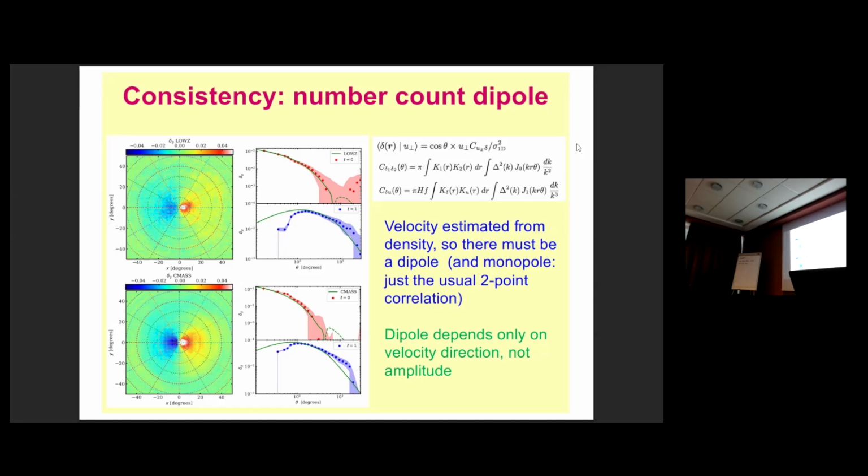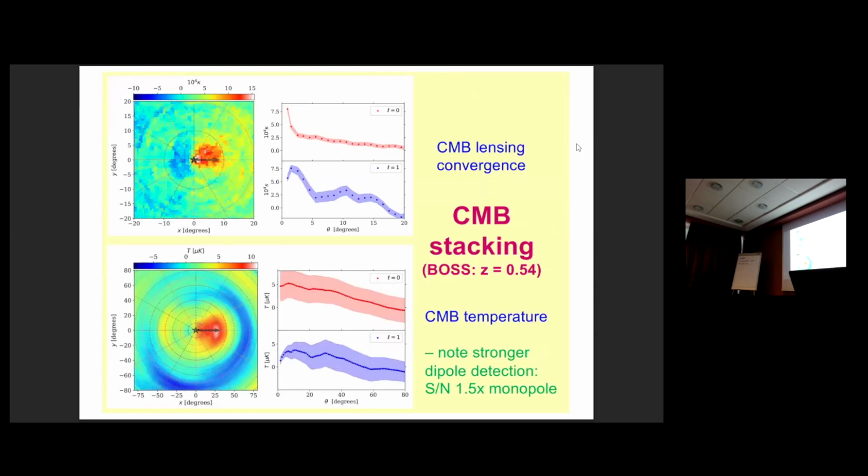So here is the money plot, two money plots, because at the top, what we've done for this is just for CMASS, but CMASS and LOWZ look similar. This is stacking the CMB lensing convergence map in this aligned, rotated way around CMASS galaxies, and this is stacking the CMB temperature. In both cases, you see a strong, consistent dipole. Perhaps most interesting is to talk about the ISW effect down here. That is the dipole in the